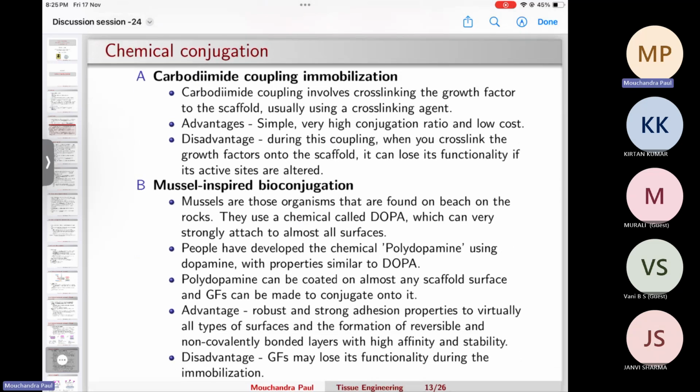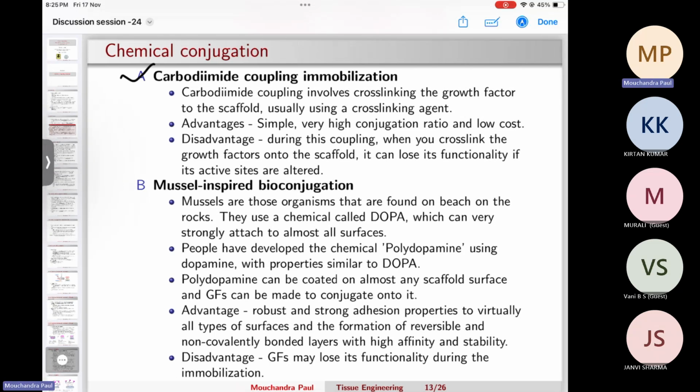Then another way of encapsulating or immobilizing your growth factor onto the scaffold is through chemical conjugation. So previously we saw a few examples of physical conjugation. Now here, chemical conjugation. We can use various reactions, like coupling reactions. The first is the